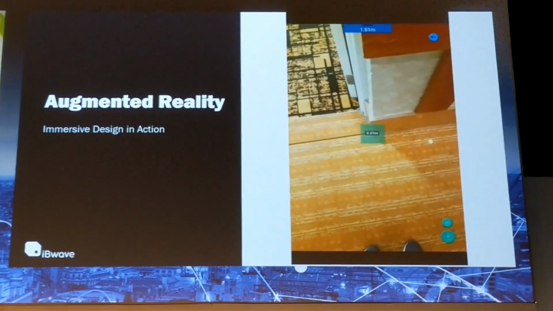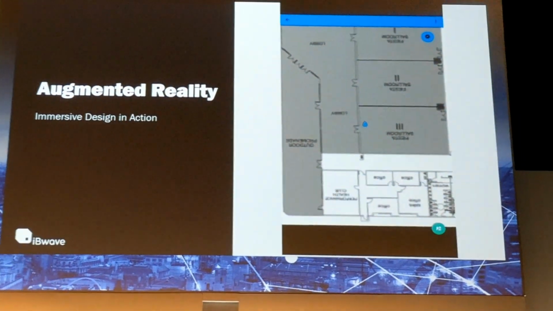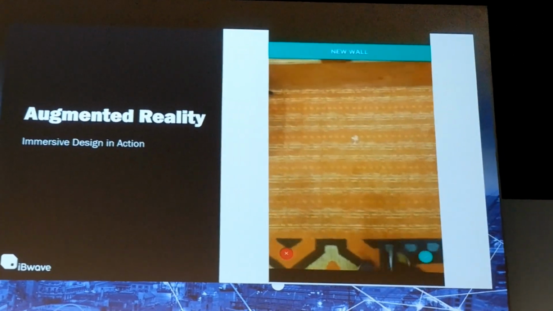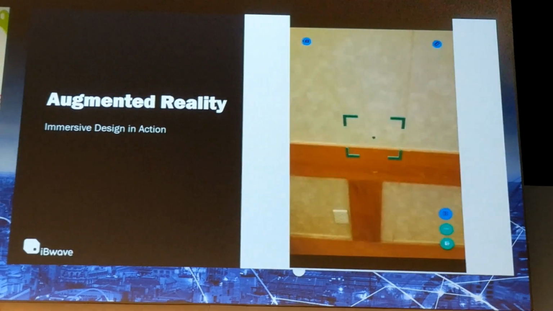So I'm taking the scale. I'm using a doorway. So now I have the scale. So basically my plan will scale accordingly. The next step will be I'm going to show a wall where I tell the application that I'm starting new